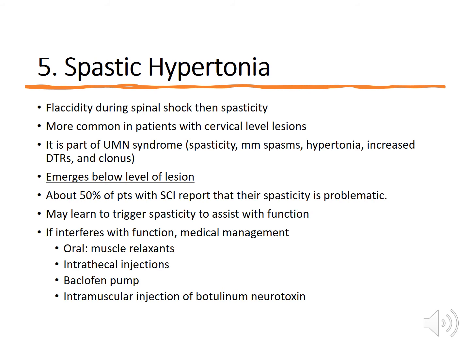So as you know, Botox is used to bind to the nerve ending at the point where the nerve joins a muscle to block the release by the nerve of a chemical that is going to make that muscle contract or be more spastic. So just as they use Botox on your face to relax those wrinkles, they use it in the same way for spasticity. They use it to bring that spasticity down if the spasticity is not helping the patient with their function.